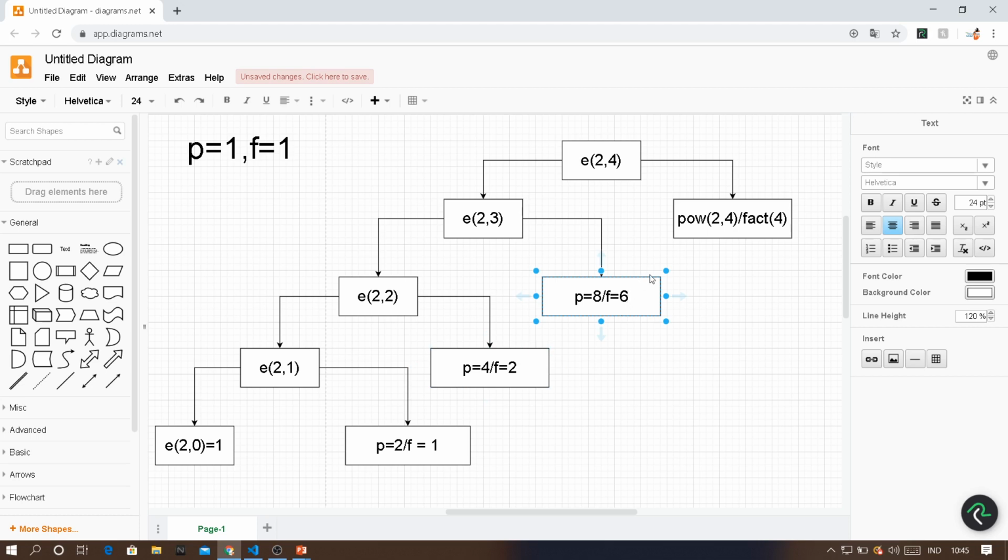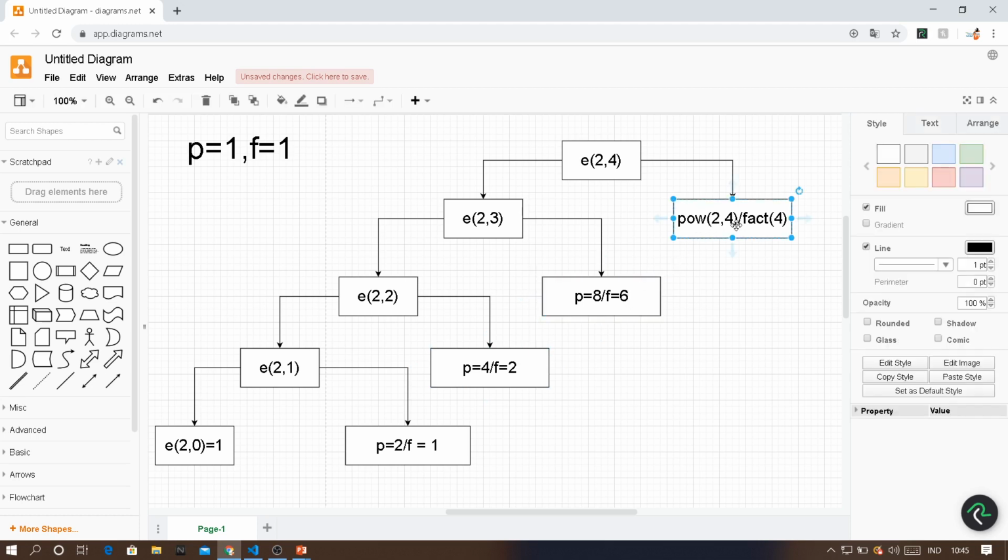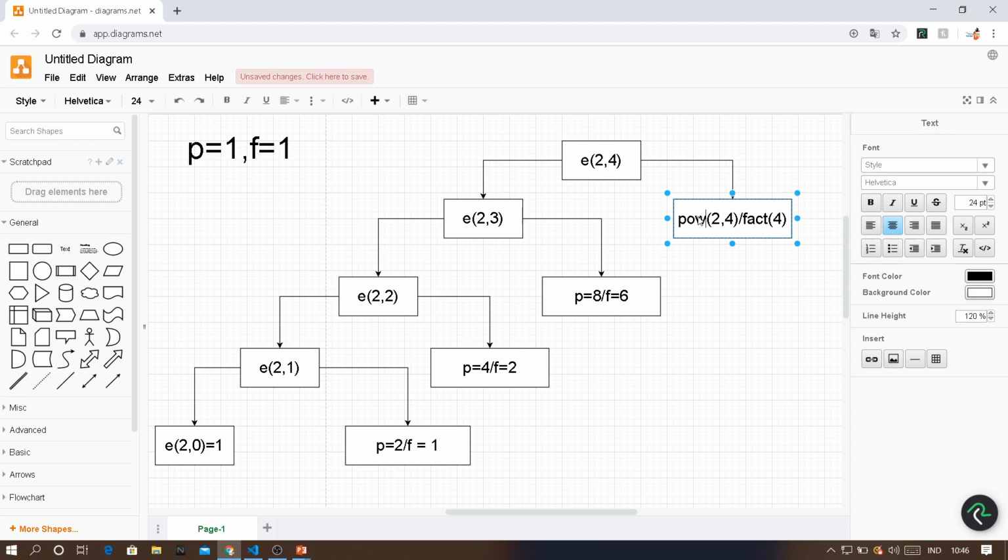Okay, fine. Now again go to this side. You want to find power of 2 comma 4. Remember, already you have the answer of power of 2 comma 3, which is 8. So now if you want to find power of 2 comma 4, multiply 2 with the existing answer. So we can introduce p, which is equal to the existing p value multiplied by 2. What is the existing p value? It is 8. What is 8 multiplied by 2? It is equal to 16. What is 16? Power of 2 comma 4. So you found the power of 2 comma 4 without calling the power function.